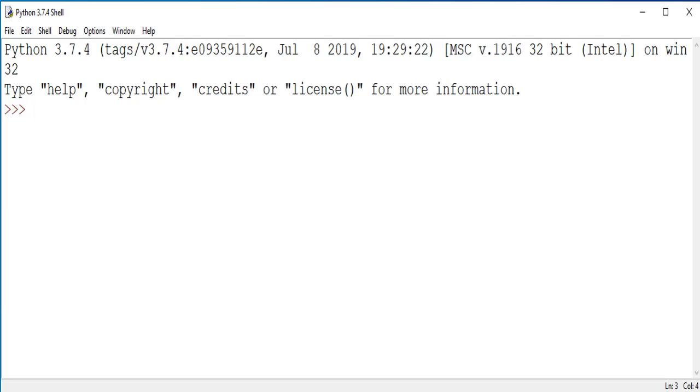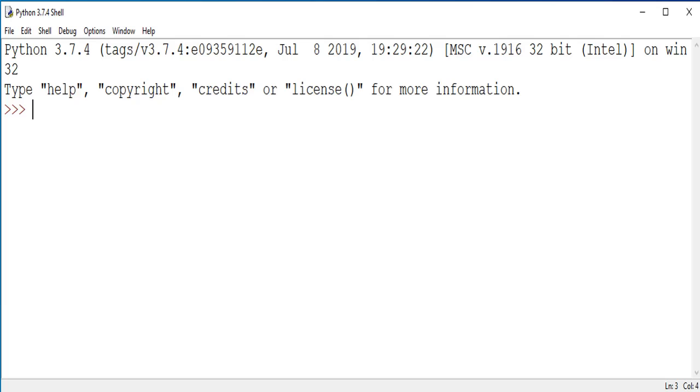But now there are some different files which are text files only, but they have certain features available with them so that we can use those files easily for sending or receiving the data. These files are known as CSV files. CSV stands for comma separated values.